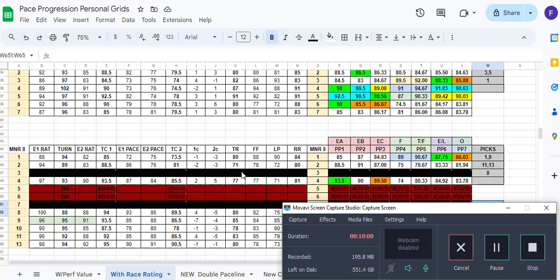Yesterday I handicapped Del Mar, and thankfully I was away longer than I thought I was going to be at a Labor Day weekend party. I thought I was going to be home by 5, and the races went off at 4:30, and I didn't get home till like 7:30. But when I got home, I started looking at the results of the 5 races that I missed and comparing them to my grids, and I was just like, all right, it's not even worth playing the rest of the card. I did put a few tries in, 50-cent tries in,